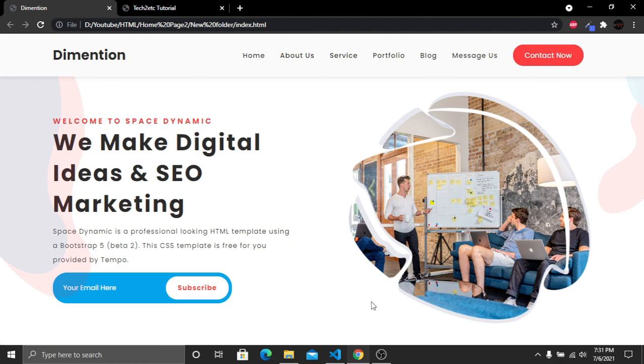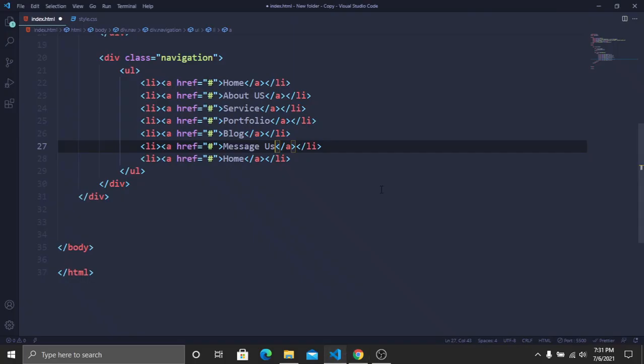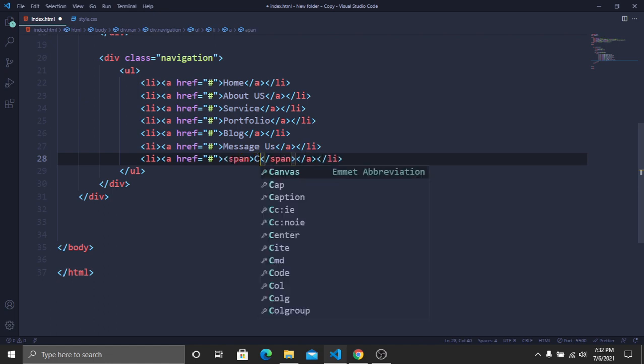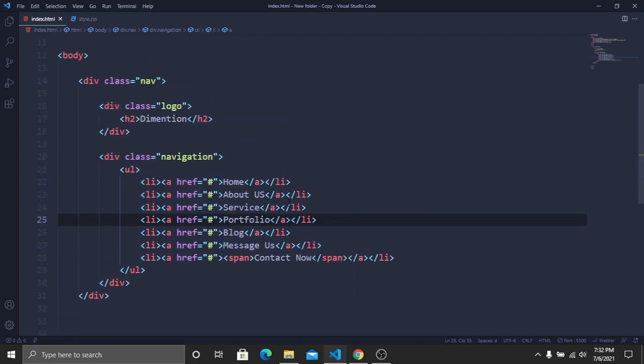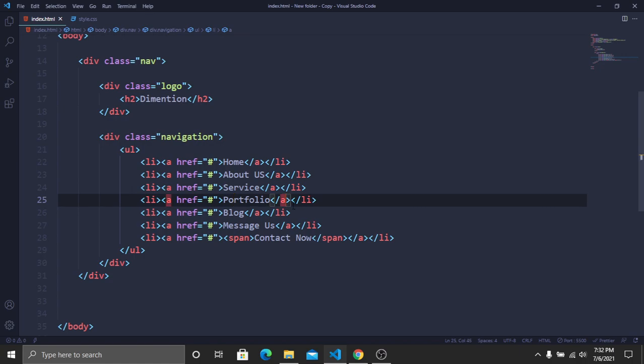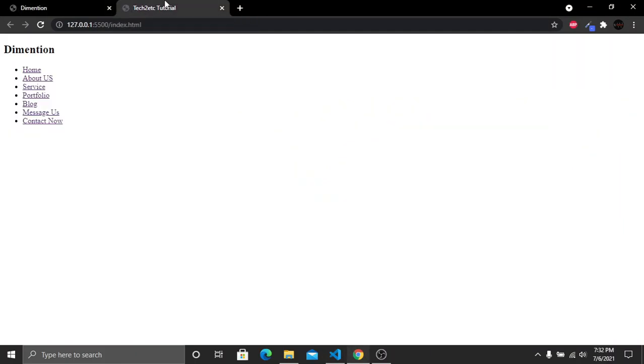So after our messages, you can see that we have a button for contact now. Now we have to create this button. For creating this button, I will wrap it inside a list tag and inside an anchor tag. Here we have to create a span tag, and inside this span tag we have to write contact now. That's it. So guys, you can see that we have created our nav bar. Now save and go to our website, and you can see that we have our logo and our navigation